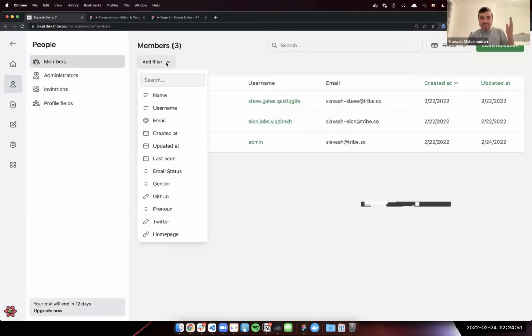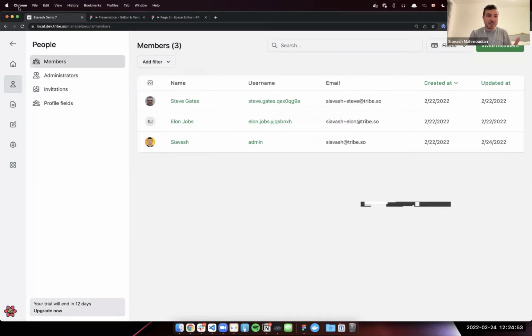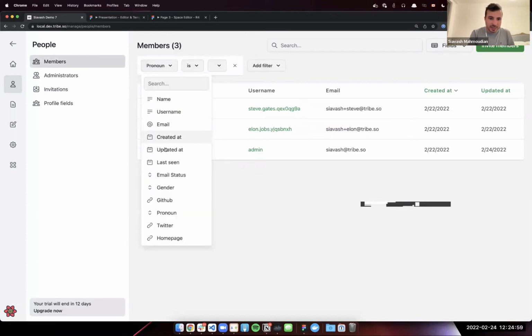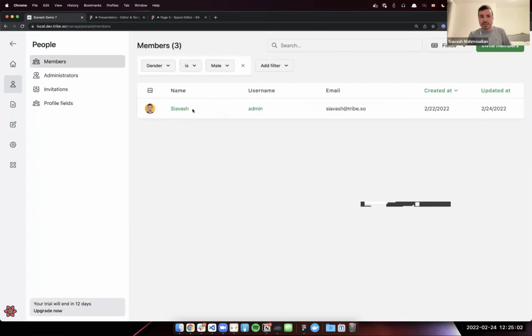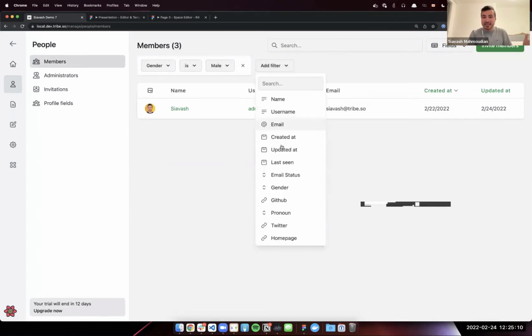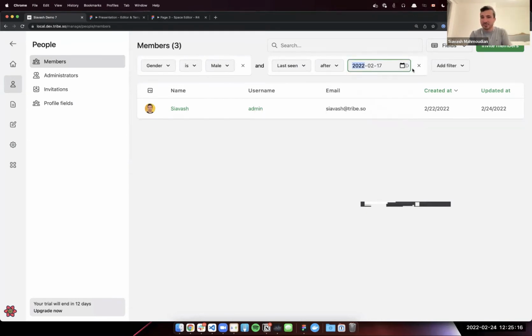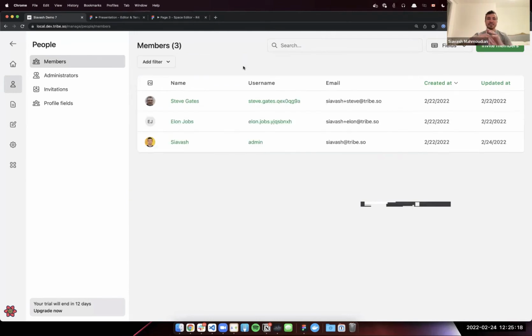And as I've mentioned, we can filter based on some of these things. So I can say, I want everyone whose pronoun or gender is male in this case, and only myself filled in this, and you can filter based on that. You can say, I want all the ones that are male and were seen in the past 3 days or last week, and it will filter it for you. So this is very powerful, and we believe that in the future, when we allow you to segment your customers and save these search fields or filters, it will be super, super powerful.